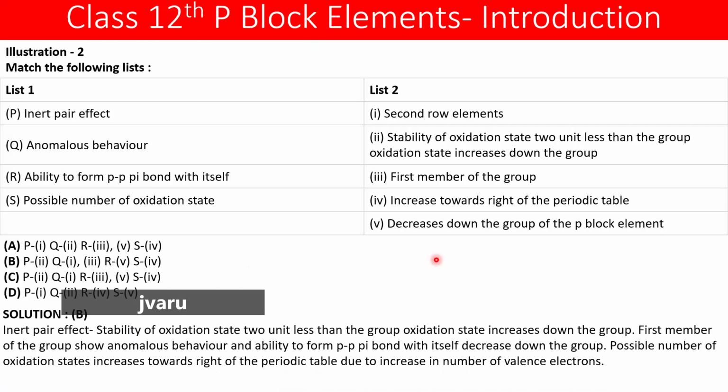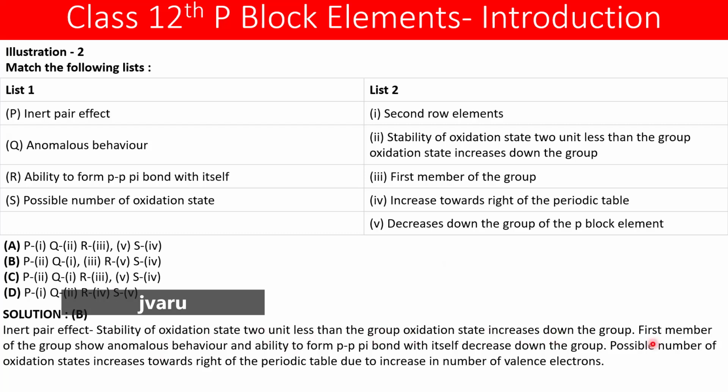हाँ चलो। तो देखो भाई, इनर्ट पेयर इफेक्ट क्या होता है? इसका मतलब है कि स्टेबिलिटी ऑफ ऑक्सीडेशन स्टेट, जो 2 यूनिट लेस देन द N-2 होती है। N तो था नंबर ऑफ वैलेंस इलेक्ट्रॉन्स, तो उसकी स्टेबिलिटी 2 यूनिट लेस देन द N-2 है ना। तो वो जो N-2 वाली सिचुएशन है, स्टेबिलिटी ऑफ ऑक्सीडेशन स्टेट 2 यूनिट लेस देन द